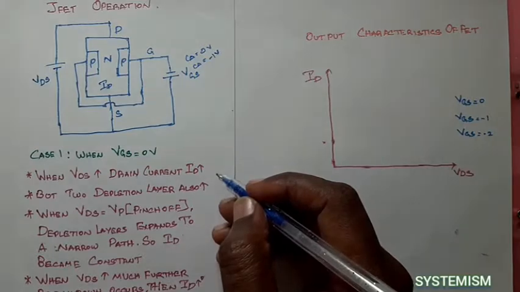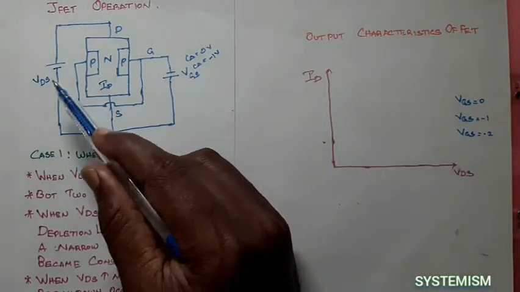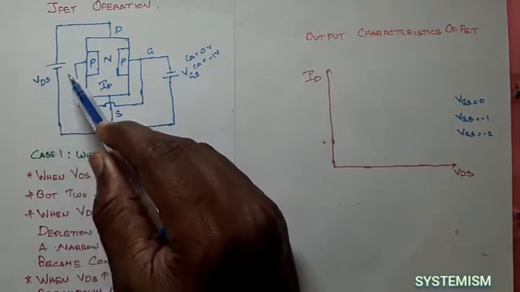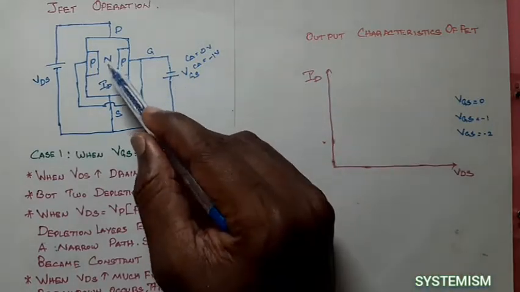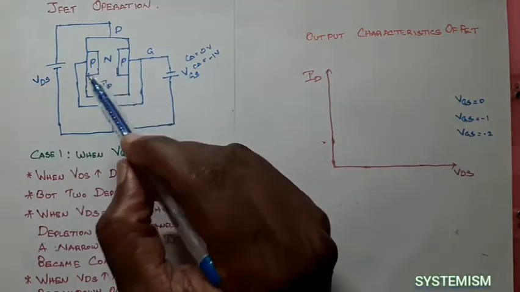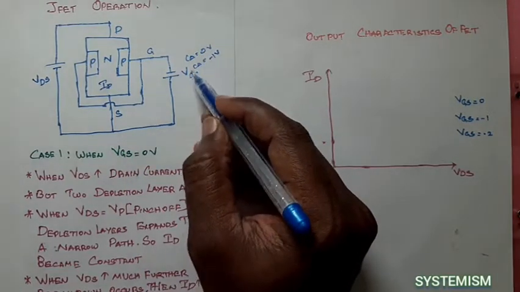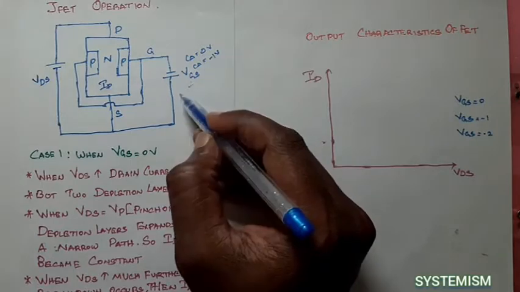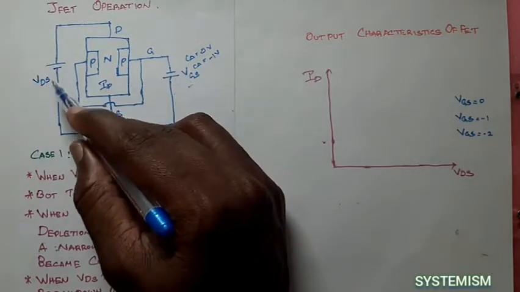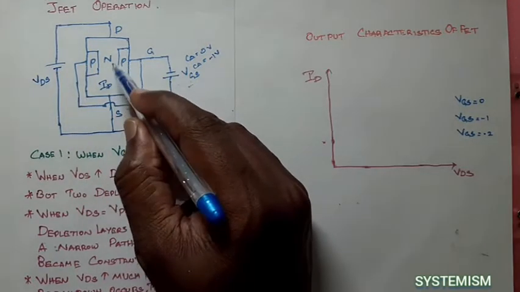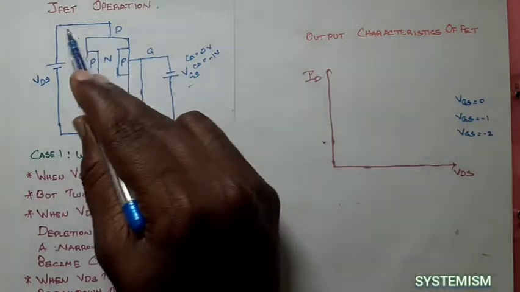We know what output characteristics are already. Output characteristics means the graph between output voltage and output current. Here, what is the output voltage? The output voltage is this drain voltage, the drain to source voltage. Output current means the drain current flowing in this place. Okay, now we will see what will happen for case 1. Case 1 is our VGS equal to 0 volt. We have not given any voltage here. Now we are going to change the output voltage and check what happens to the output current. That is what is going to tell us the operation of your JFET.